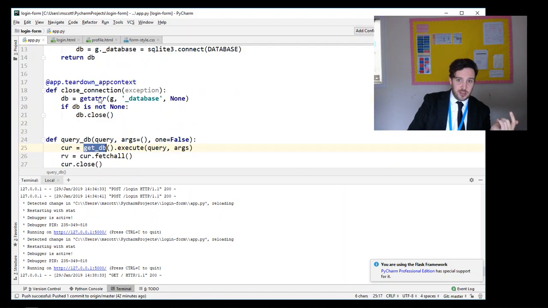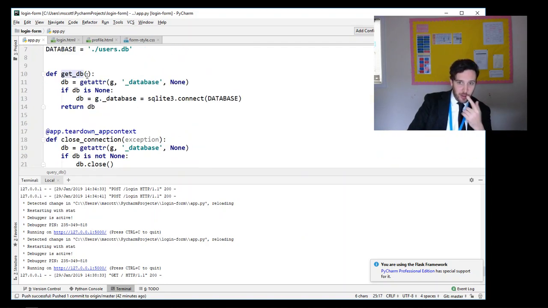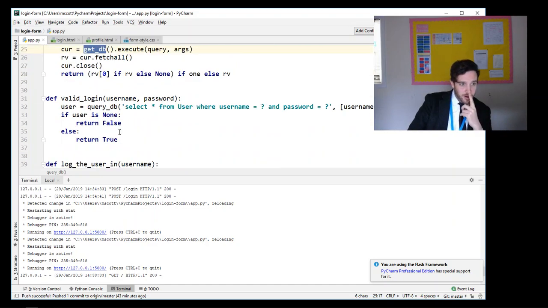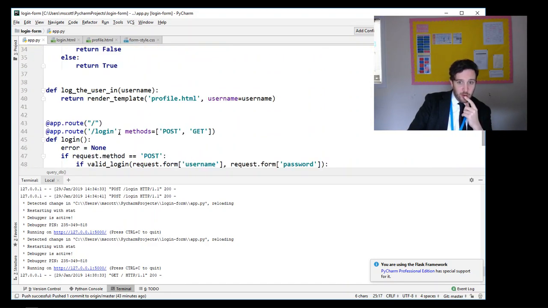So what does getDB do? Up here, getDB connects to the database, and the name of the database is written up here in capitals because it's a constant. And then app.teardown_context, I believe this releases, just say the context changes and I move off the page or something, I believe this closes the database if that's the case. And so that's roughly an overview of how